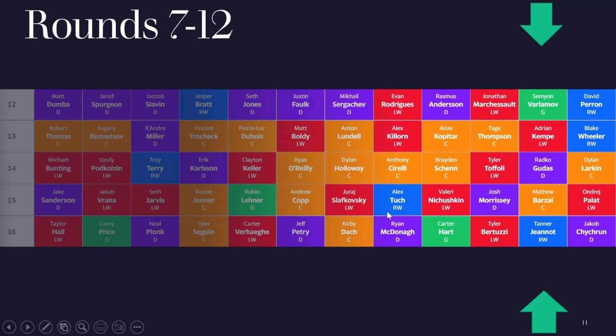So when you pair Radko Gudas with a guy like Tanner Jeannot, you're pretty much covering your entire hits category with just 2 positions. And a guy like Tanner Jeannot, you could substitute Tom Wilson if he was healthy. He's going to be hurt to start the season. Or even Brandon Tanev. And I mentioned in a previous video, a lot of people forget about Tanev, but he was hitting at like 4.4 hits per game in his previous full season with Pittsburgh. And he does score a little bit, so it's not quite the same goal production that you'd get out of Jeannot or Tom Wilson, but he does hit everything that moves.